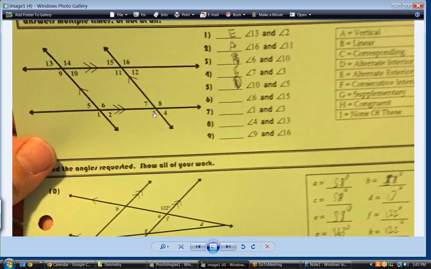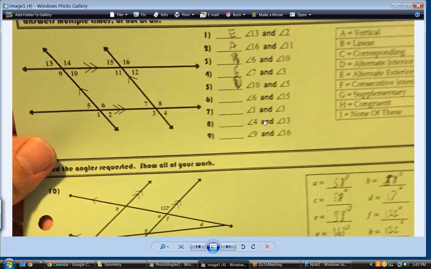Corresponding. Okay. The reason it's corresponding is they sit in the same area. In other words, they're the southernmost of that intersection, and that's the southernmost of that intersection. So 5 is corresponding with 7, 6 is corresponding with 8, 1 is corresponding with 3, and 2 is corresponding with